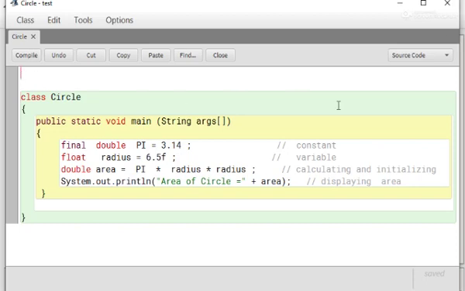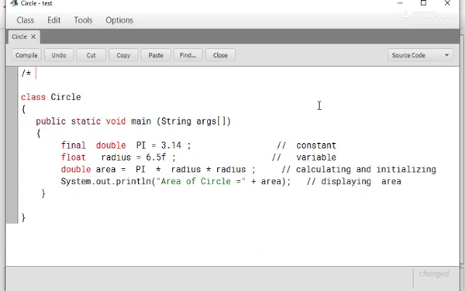First, we can write the documentation comment on the first line like this, using slash star. Suppose this is my first program. You can write multiple lines.